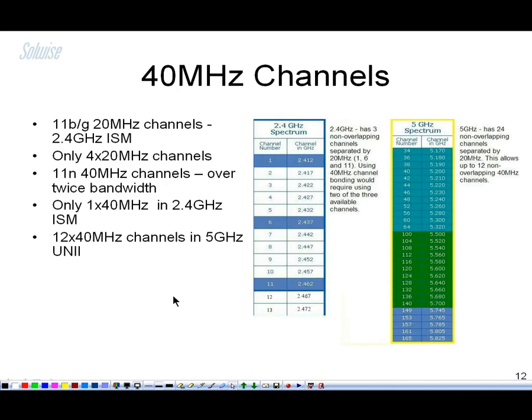So to try and summarize that, 11BG, you've got the 20 meg wide channels. Here are the channel numbers written down and the center frequency of the channels, which, as I say, in practice means you've only got 4 20 meg wide channels. In the 11N, with 40 meg